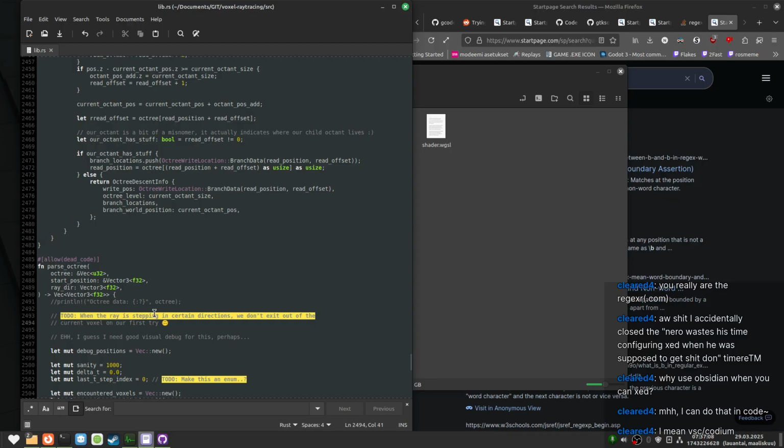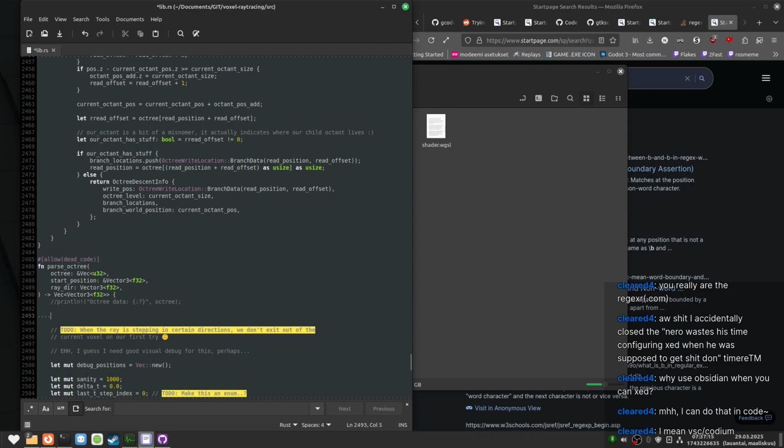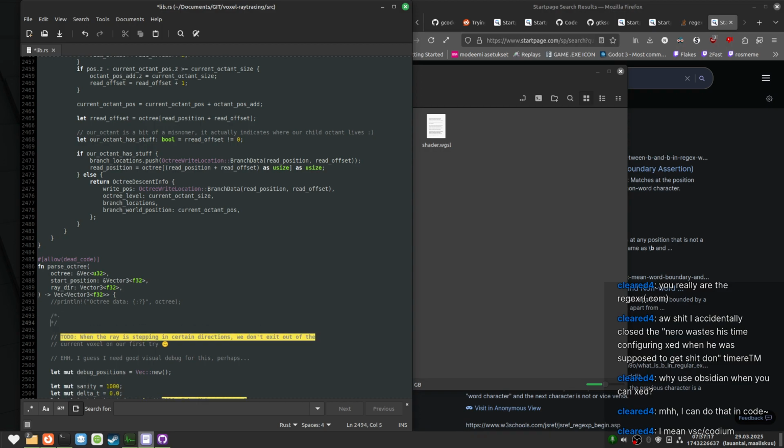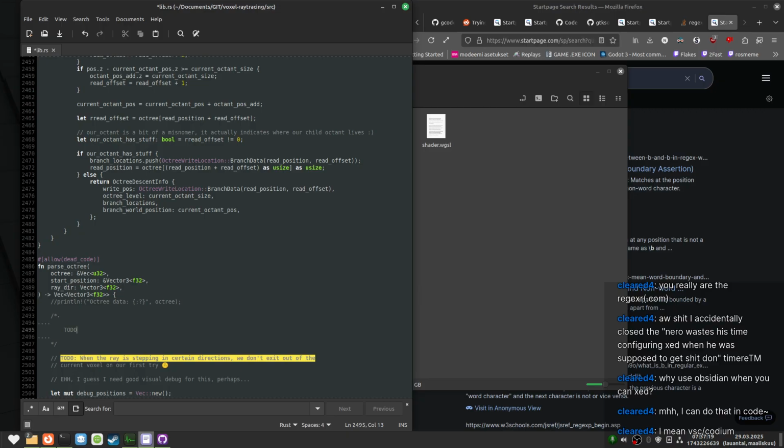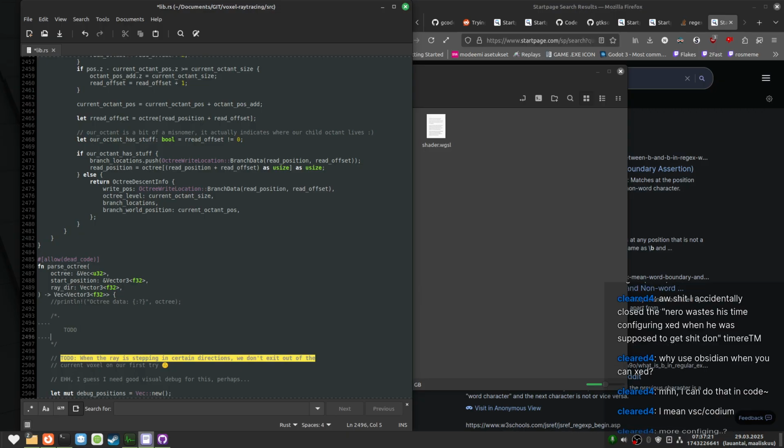Oh, I just realized what I should do. If I want to make the highlighting better, and if I have a block comment, and I have a to-do anywhere in the block comment. Why is this not highlighting? Is there a separate thing for block comments? No, we're not gonna config now.